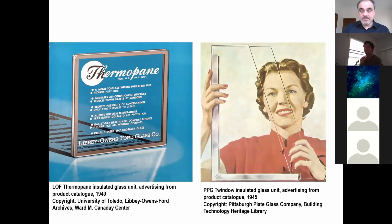Simultaneously with this, it was realized that only one pane of glass doesn't do a lot, right? And it was understood from the 1930s that if you put two panes of glass together and you have an air pocket in between, you can have a much better outcome in thermal performance. And so double glazing was introduced in the 30s already in the glass industry, with a very clear understanding of